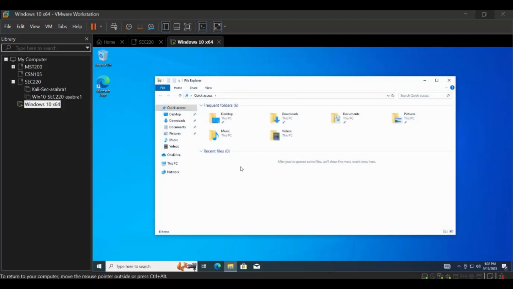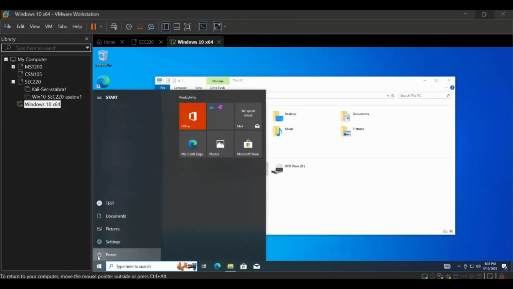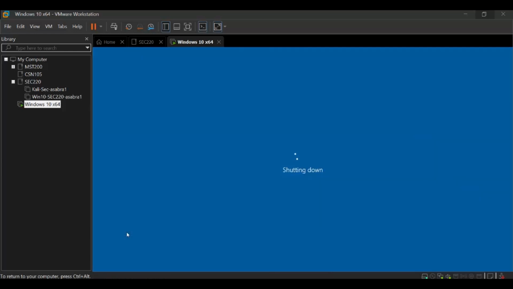Whenever you install a Windows machine on a VM and you don't have enough space, like in my situation here, I assigned 20 GB, but maybe later I found out that this is not enough for me and I want to extend it. Since we are working in a virtual environment, it's going to be easy, we can do that. All you need to do is first shut off your machine,